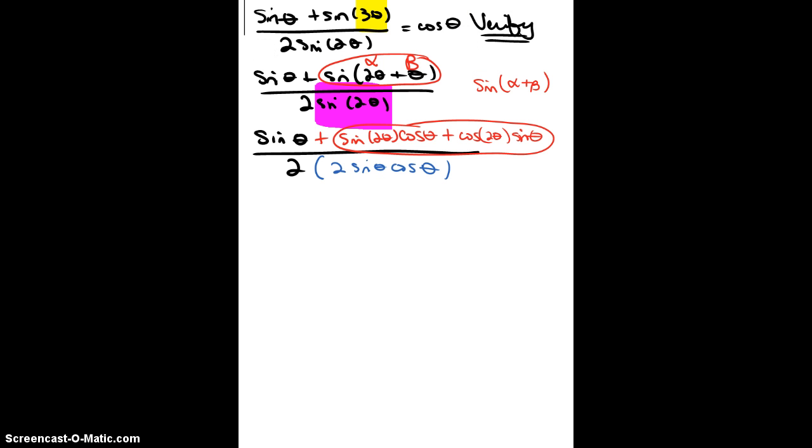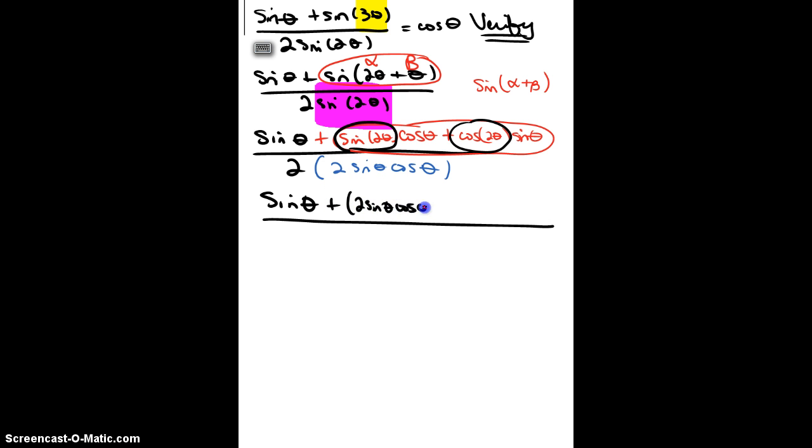Well, everything looks sort of good, except we still have this guy, which isn't a normal just theta, and we have this guy, which is not just a normal theta. So we're going to have to use, again, a double identity to get rid of the double angle on both of these. So I have sine of theta plus, all right, so sine of 2 theta, again, we already used that once. There's only one choice there, so 2 sine theta cosine theta,